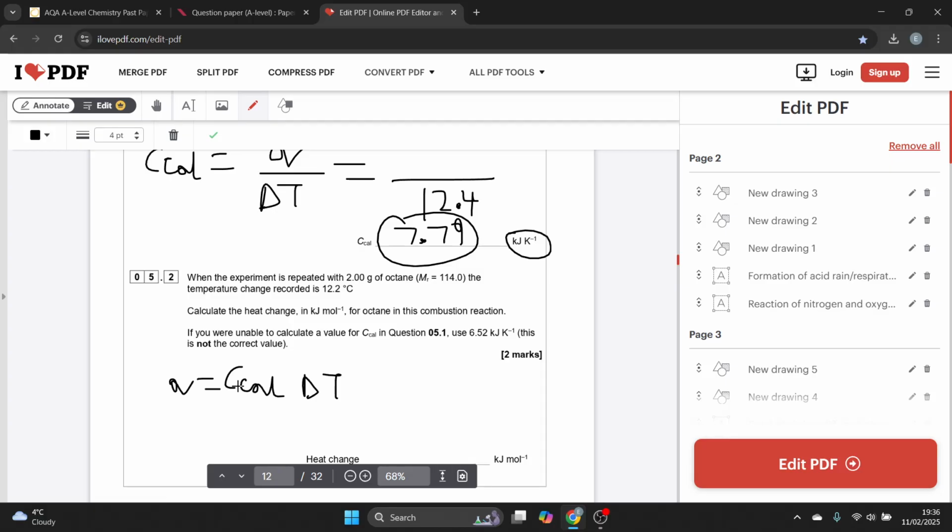And that is, well, if I find out the moles of octane, that's the first thing. 2 divided by 114. Then I'm like, okay, I've got the moles of that. I want to find the heat change. I know temperature changes that. So therefore, the heat change equals Q